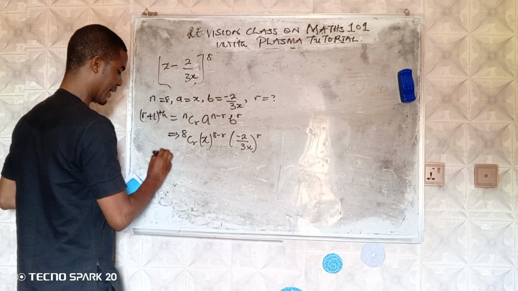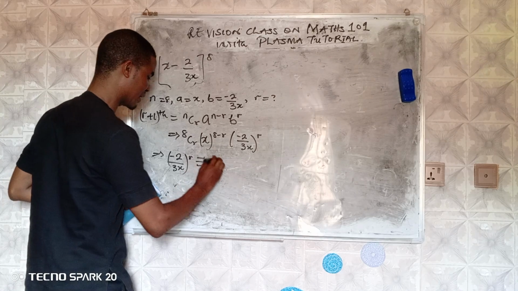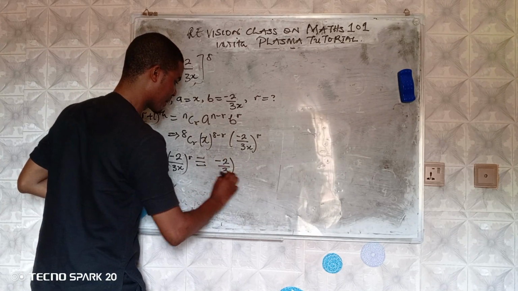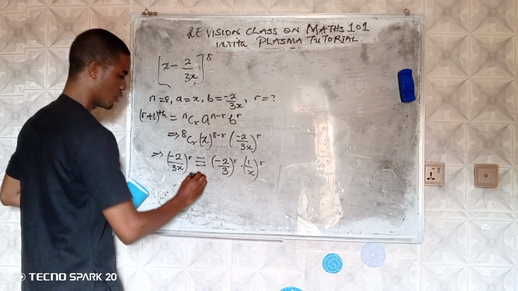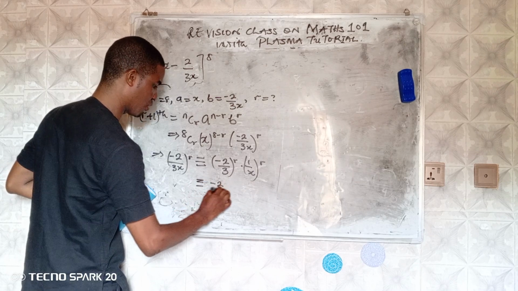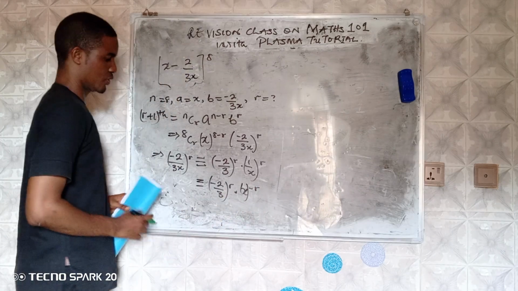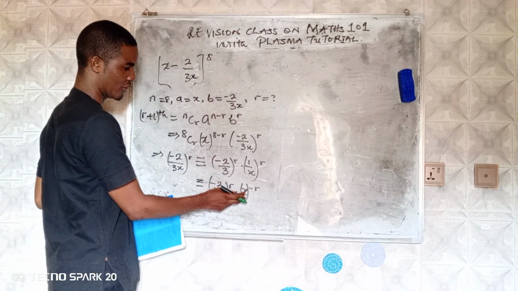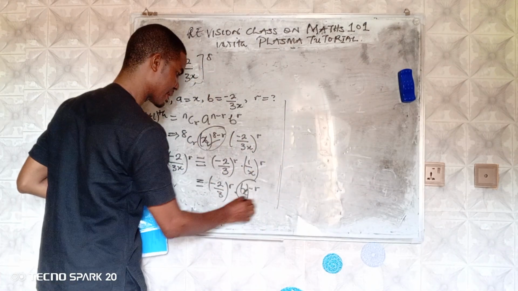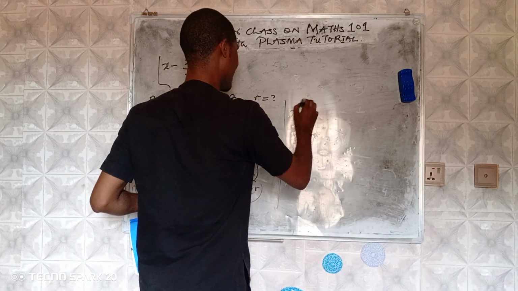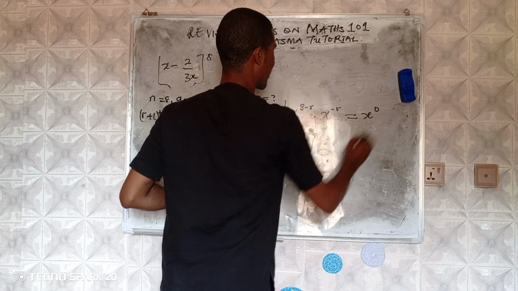I need to simplify this well. If I have (minus 2 over 3x) raised to power r, it is the same thing as (minus 2 over 3) raised to power r times 1 over x raised to power r, which is also the same thing as (minus 2 over 3) raised to power r times x raised to power minus r. So this is the only other factor of x here. So the factors of x I'm seeing are this and this. So I have x^(8-r) times x^(-r)